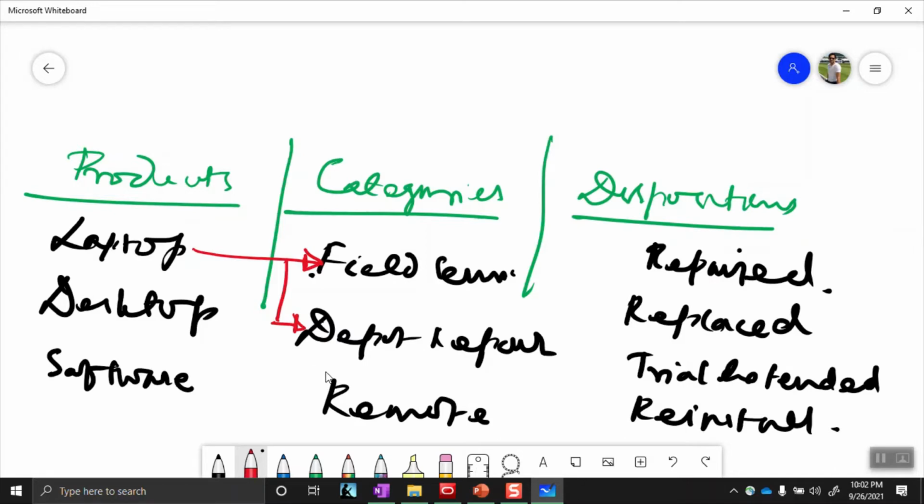So you either have to send a technician to the service site, that is a field service, or you expect the customer to return the laptop to your depot where you can do the work. So that is field service and depot repair. Similarly, desktop will also have the same categories, field service as well as depot repair.